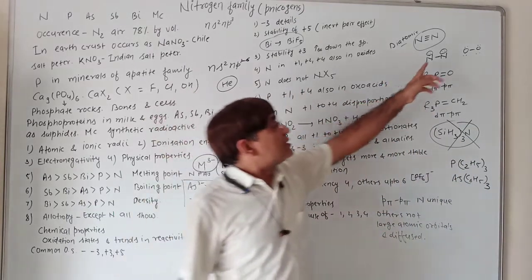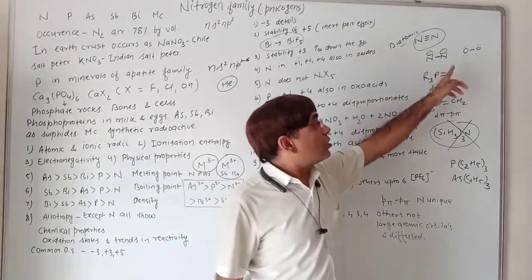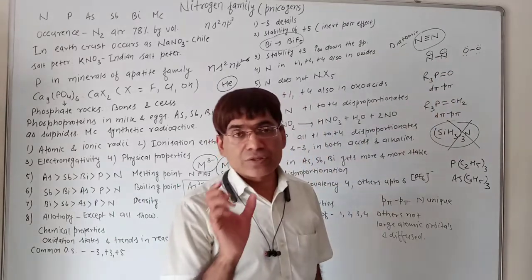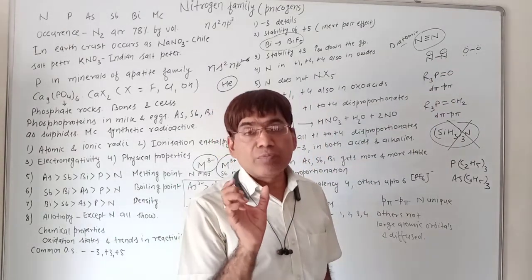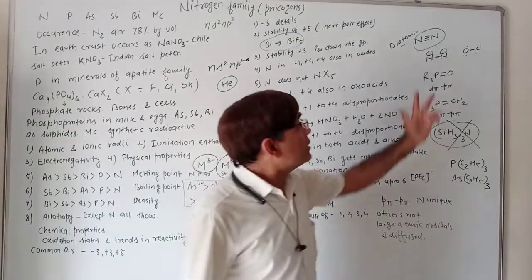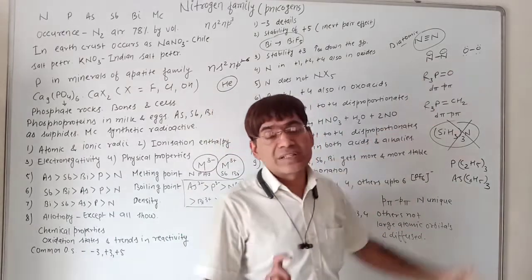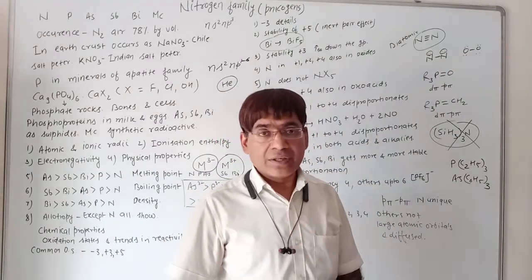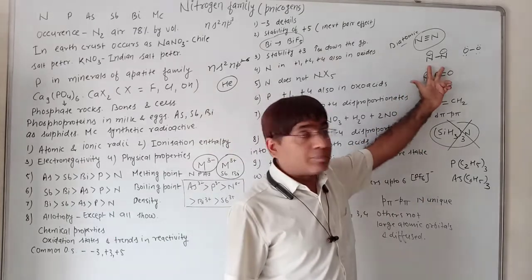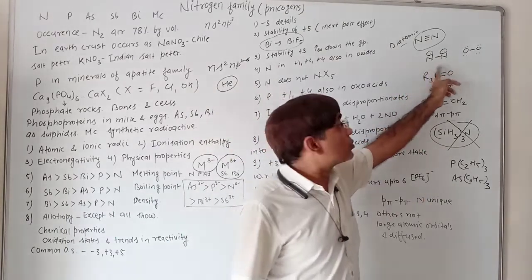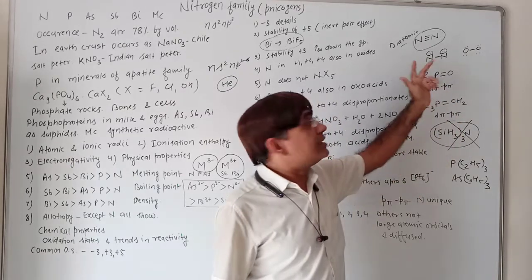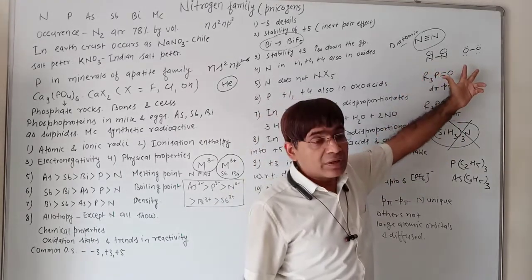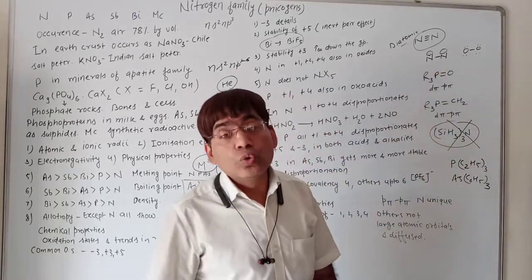So we say the single bond between nitrogen and nitrogen, or between oxygen and oxygen, is going to be smaller. If the bond is small, that means the two bonded atoms are quite close to each other. Because of their closeness, what will happen? These atoms, nitrogen or oxygen, contain what? Nitrogen has one lone pair, and here each oxygen atom is containing two lone pairs.